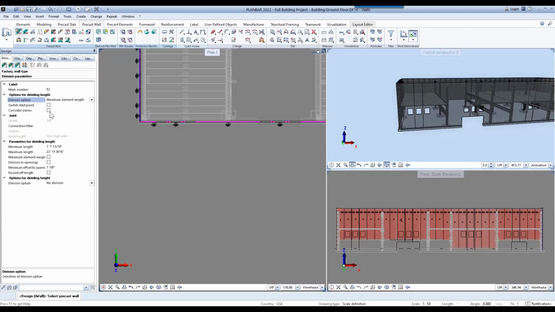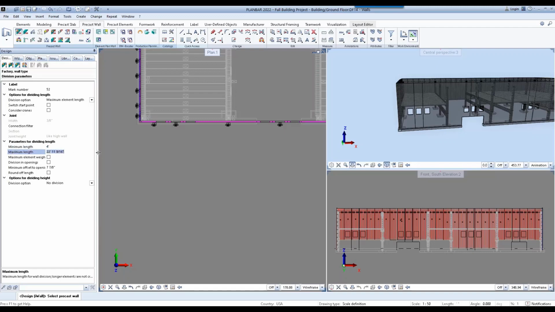And then we can also consider cranes and capacity rings of those cranes. For now, I'm just going to ignore those. We can specify our minimum panel length. Let's say 4 feet.